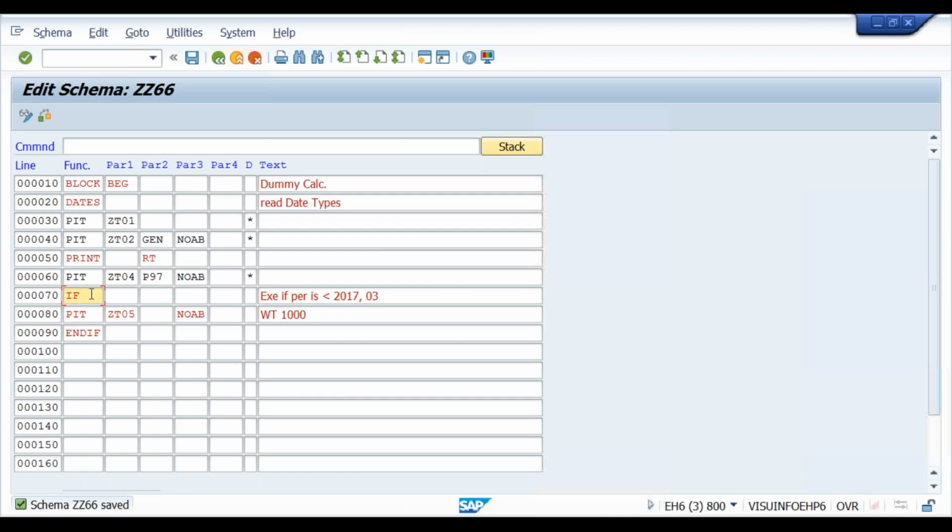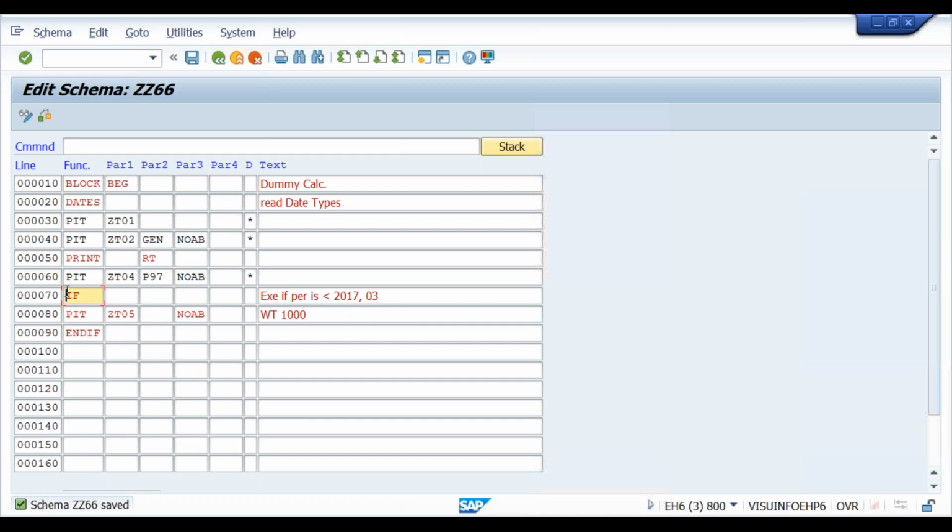So I want to do the delimitations in the schema level. I'm using the IF function here, which is one of the commonly used methods. The rule is: whenever you use an IF condition, the outcome is either true or false. If it is true, then only it goes into the loop and executes something. If it is false, then directly END IF will be executed.